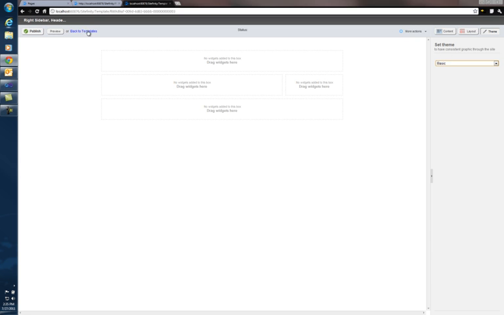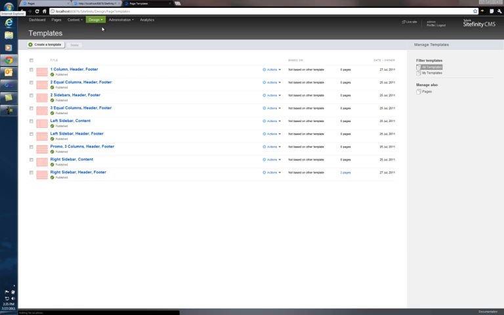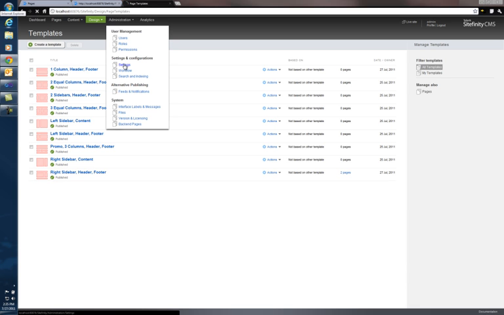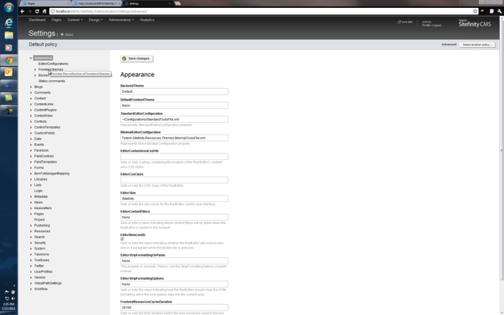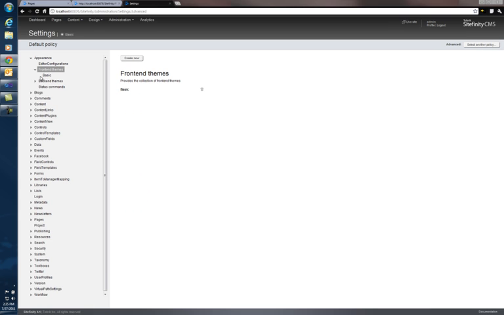So before I do that, let's go ahead and load our new theme. We'll go to Administration, Settings, go to Advanced, and all the way at the top where it says Appearance, we're going to go to the front end, and there you can see there is only one called Basic. We're going to create our new theme. We'll call this one My Theme, and the path to it will be the mouthful of